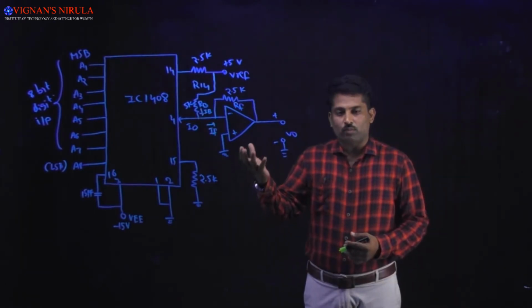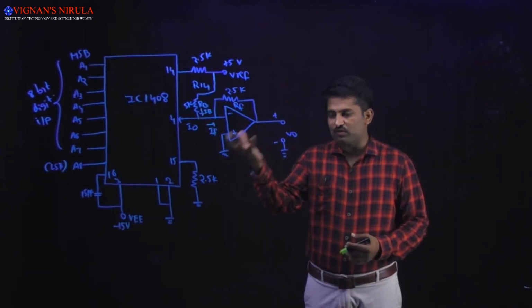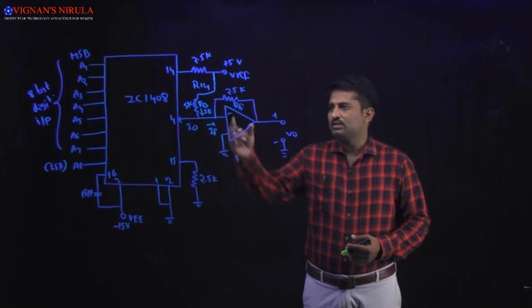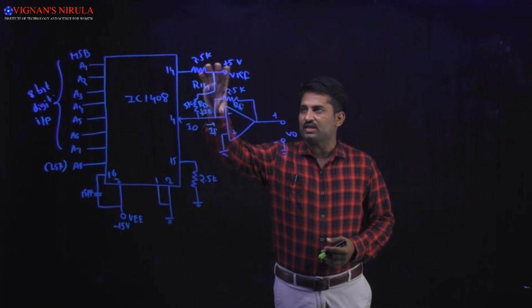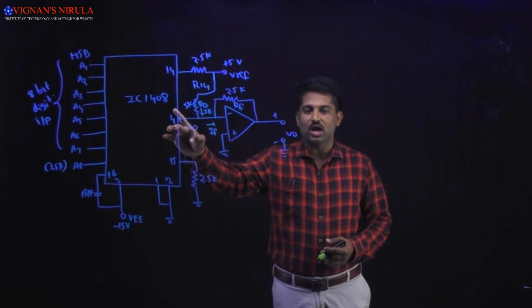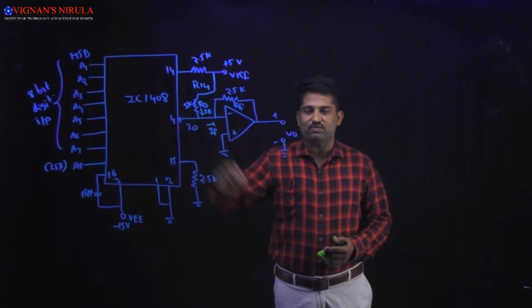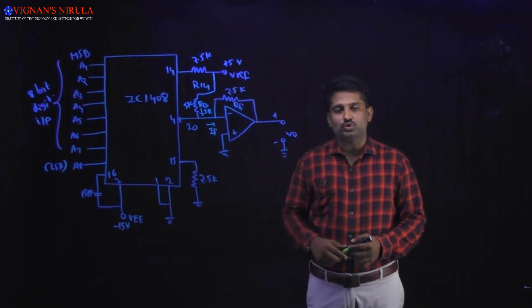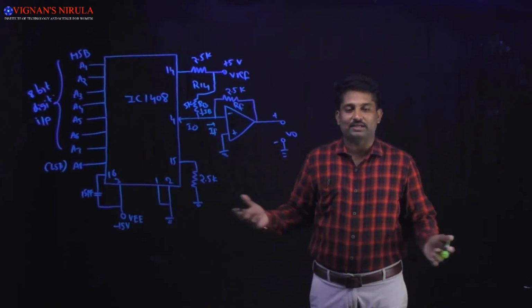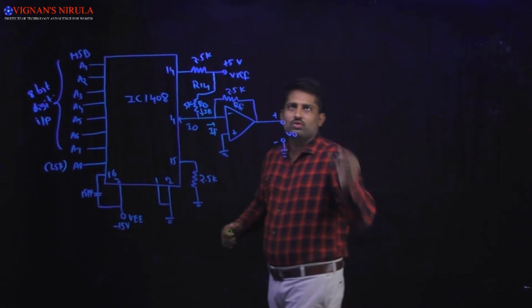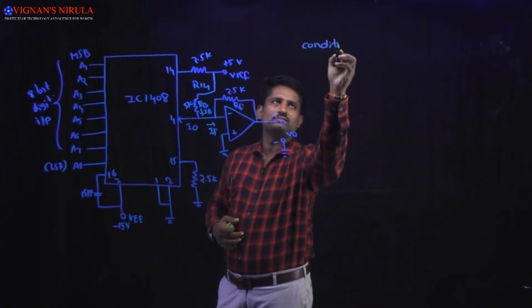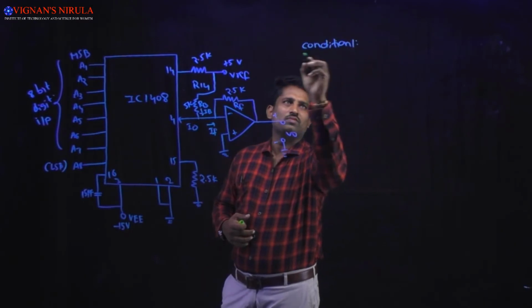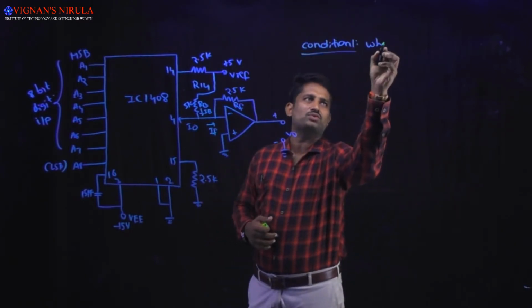Now we have taken the modified IC1408, that is, we are just adding the resistance RB in between the reference voltage and the output terminal of IC1408, then it produces the constant reference current. Okay, now condition 1, when the binary input values are 0,